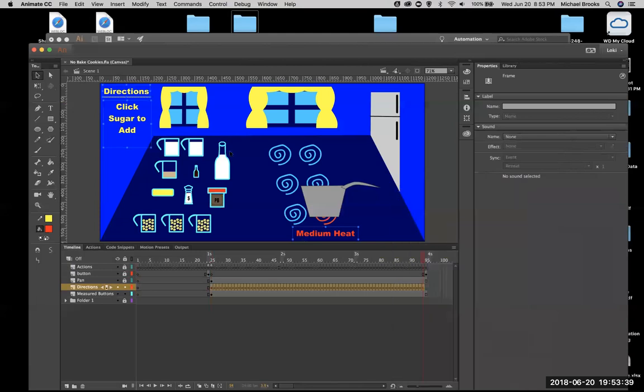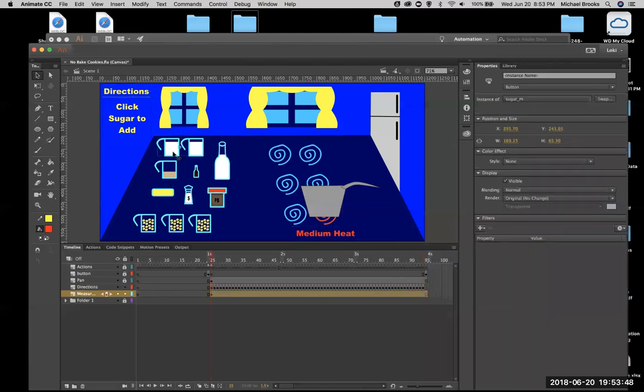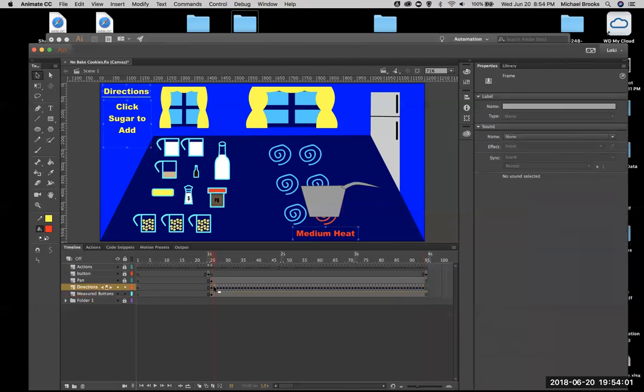So they're all keyframes. Okay, so right here, I click on it. So we click on that button, and that is going to say go to and stop. Okay? So when we hit here,